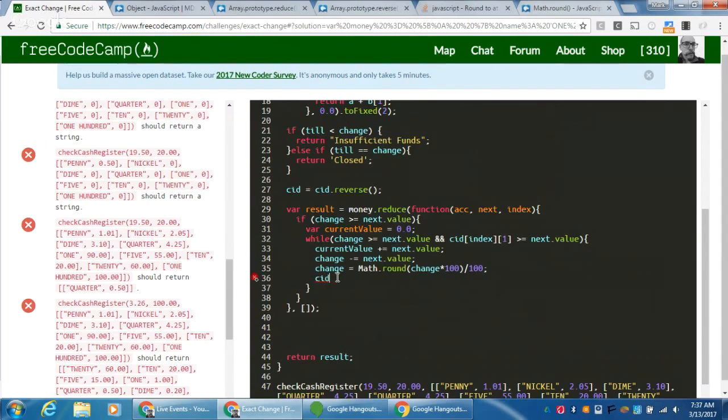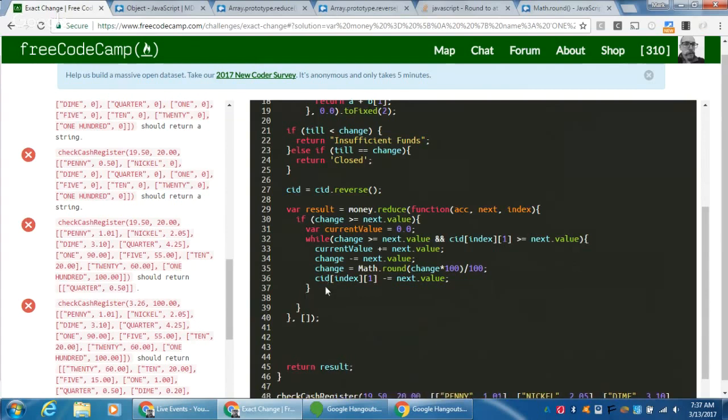And remember, the total cash in drawer was this expression up here with the index and the 1 again. So the index that we use, 1, to grab the actual amount there. And again, that's going to be a minus equals, and again, just using that next dot value. So that's that while. That's going to keep doing that math until it has to jump down to the next